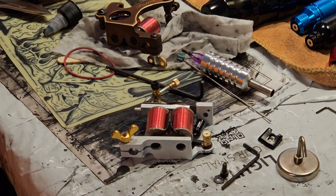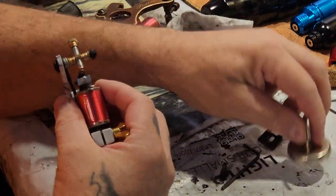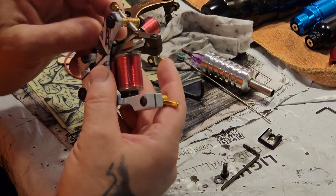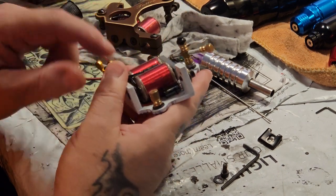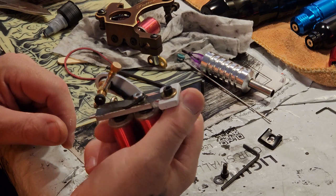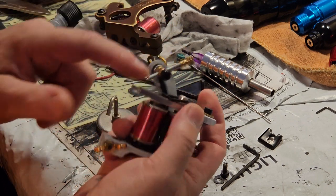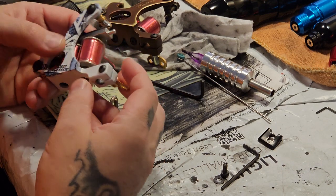But I don't really need another one, as you can see. Well, maybe the camera's not pointing that way, but I really don't need another one. Yeah, so I'm looking at this one, and the magnet is like totally sticking to that. So I don't know how serious it is with all these. The one spot where your frame conducts is just right here. And if you have a poor connection, it sucks. Usually, if it goes through here, it'll touch the back of the spring, and it's going to conduct from there to there. And I have seen them where they had oil on here, and this didn't conduct, and it was intermittent. But anyway,